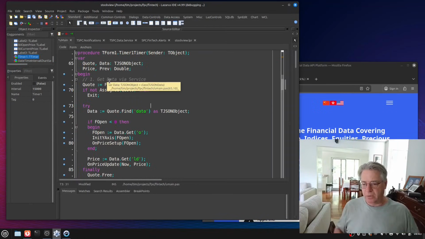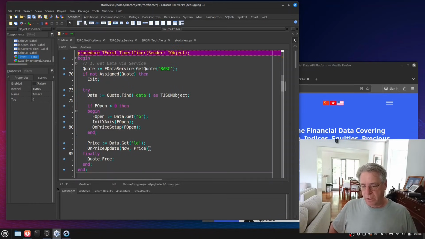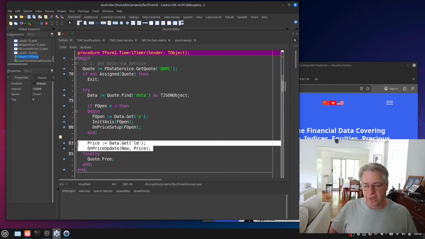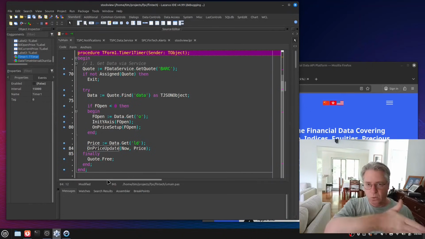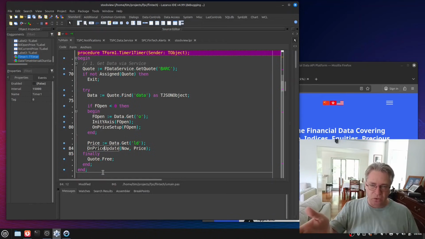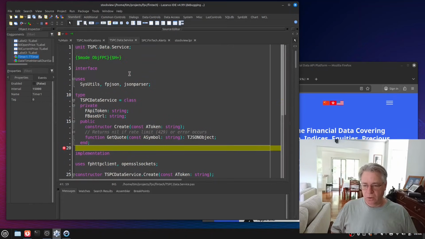So what's going to happen here, on the timer routine, is that we're going to get a quote from the iTick platform. If it's the very first time it's running, we'll get the opening price and use that to set up our x and y axis. Then, regardless, we get the last traded data, plot that onto the chart, and go into the price update. The price update routine will handle all that stuff we spoke about prior in relation to the charting, the alert, notification, etc. So if we move into our data service unit here,